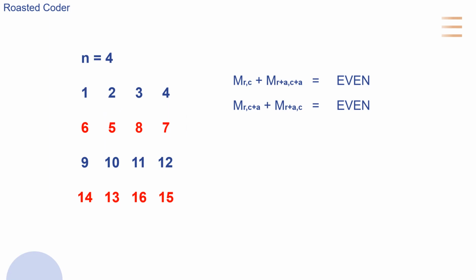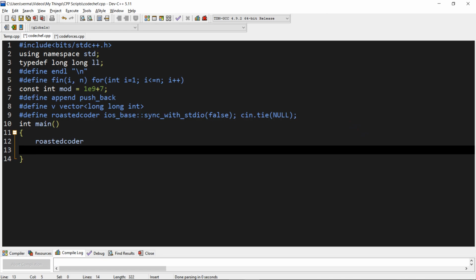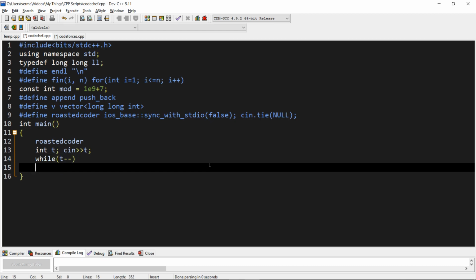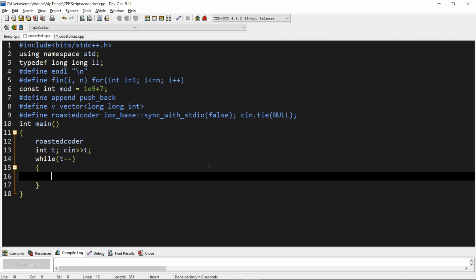So let's code this. Let's take t test cases, and now let's take n.